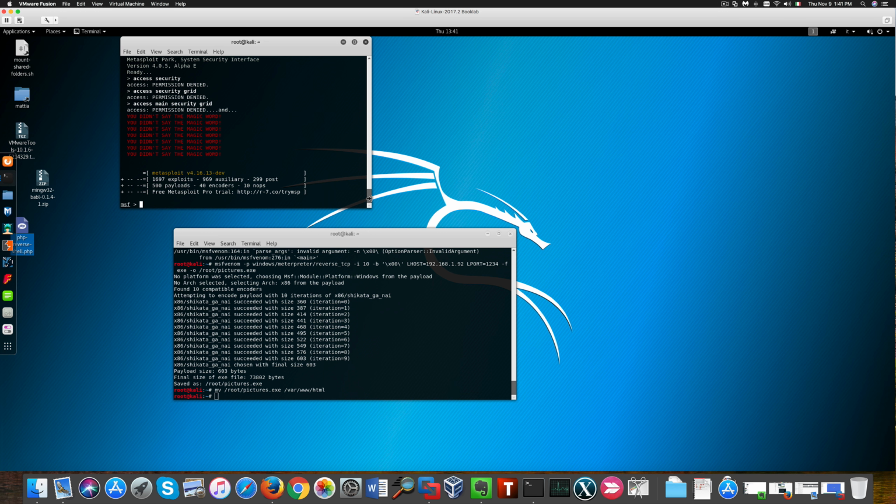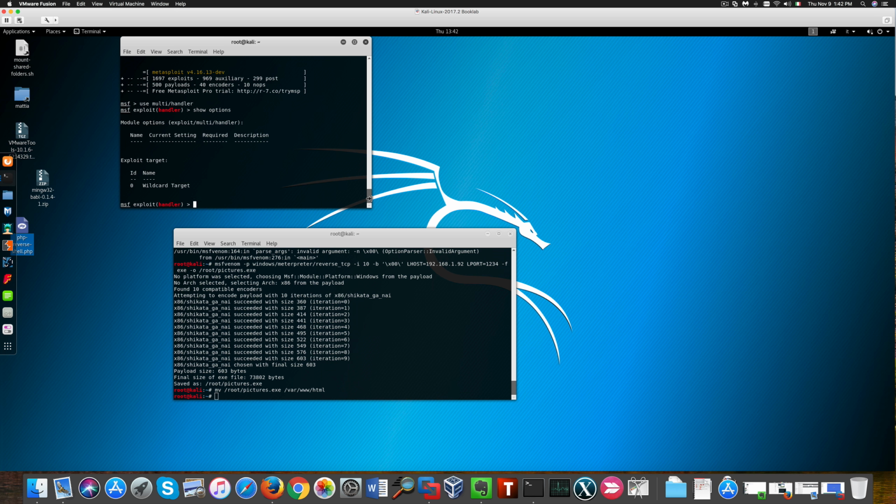Now we can go back to the Windows XP machine, but first I need to create an exploit that uses that specific payload that I created. So I'm going to use a custom exploit called multi-handler, and I'm going to set a payload for it, which is Windows Meterpreter reverse TCP, the same one I used